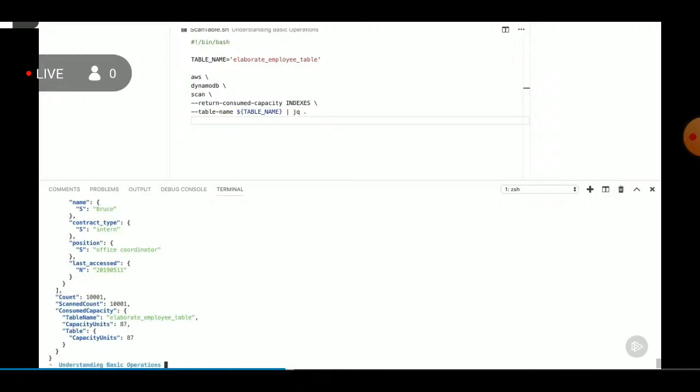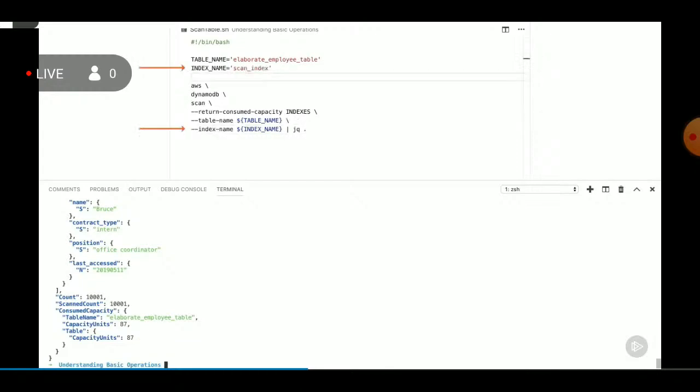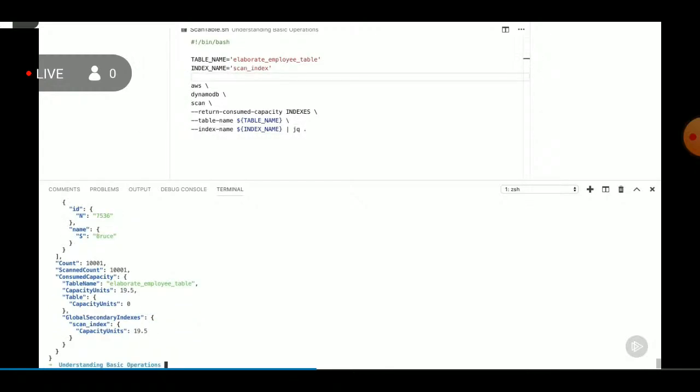We can see we consumed 87 capacity units for this scan on the base table itself, but no indices are here. Let's scan the index and see what the output is. We can see that scanning our scan index consumed 19.5 capacity units. This is because we have only two projected attributes instead of all, which greatly reduces the size of the index. We can also see that zero read capacity was consumed on our base table, since the base table was not